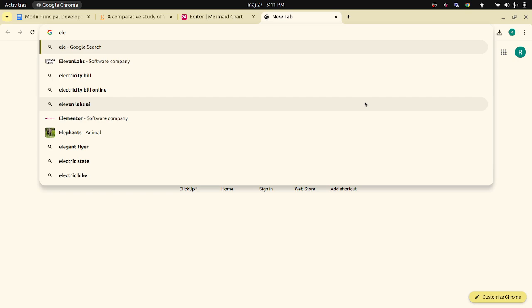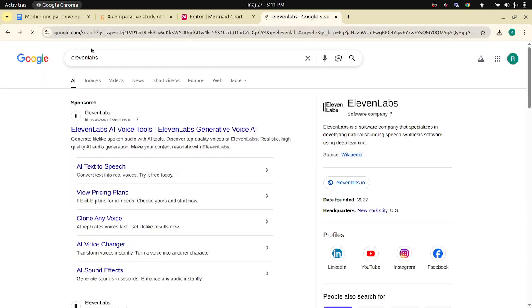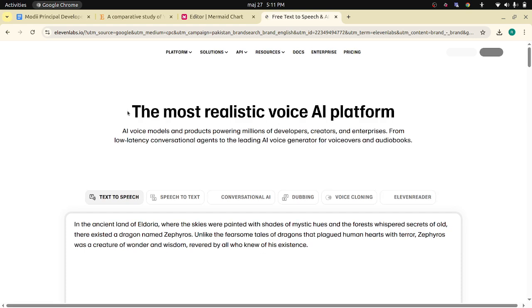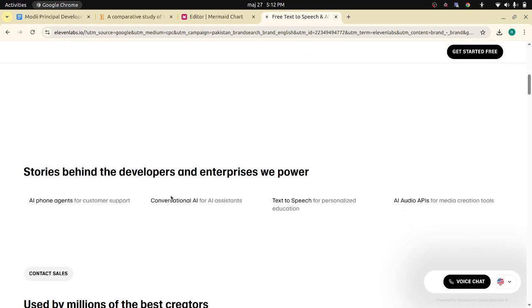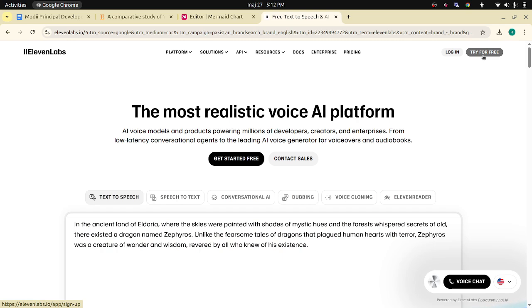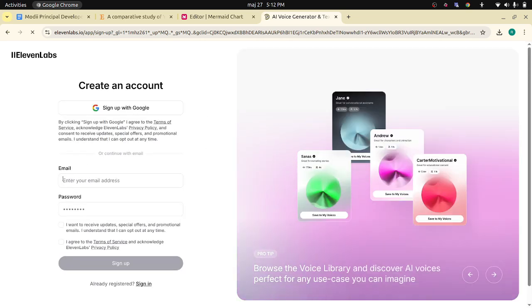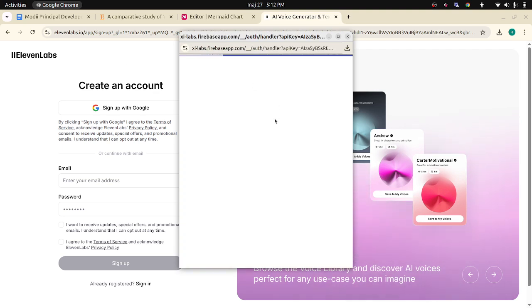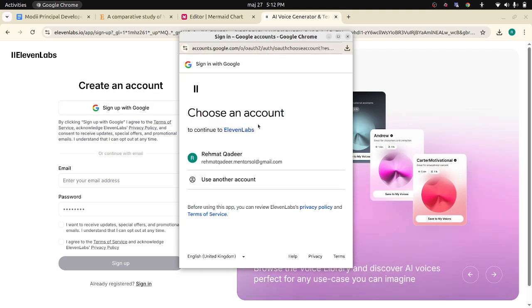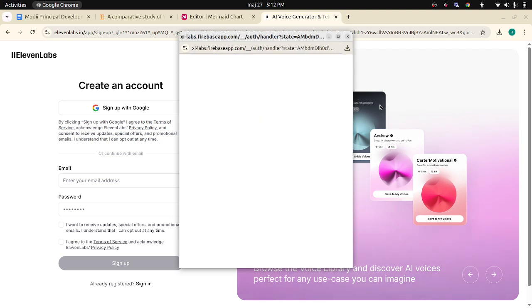First of all, just come on Google and write ElevenLabs and then you will find this website. I will provide the link in the description box as well. So you just click on try for free and you can sign up with Google or you can provide a simple email and password. Once you land here, you can sign up. Simply click on sign up with Google and just sign up with this one. And once you sign up on this account,